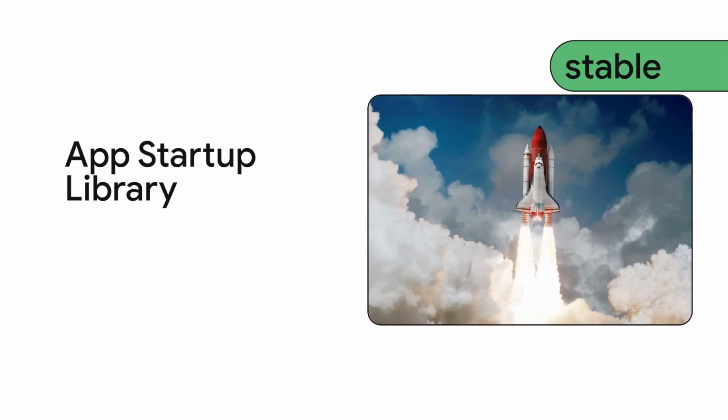Next to profile-guided optimization, we also created the Jetpack App Startup Library, which helps you to avoid resource contention during app startup. It improves performance and component initialization by removing the need to use expensive content providers during app startup. Work Manager is one of the libraries that uses the startup library under the hood. So if you're using Work Manager, App Startup already does speed up your app launch.